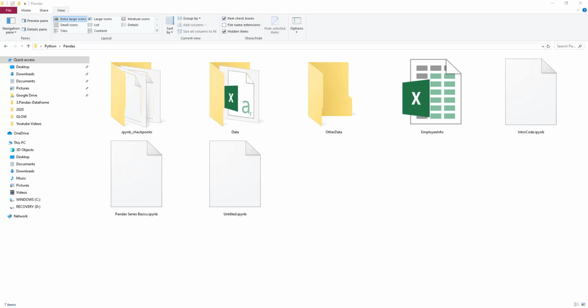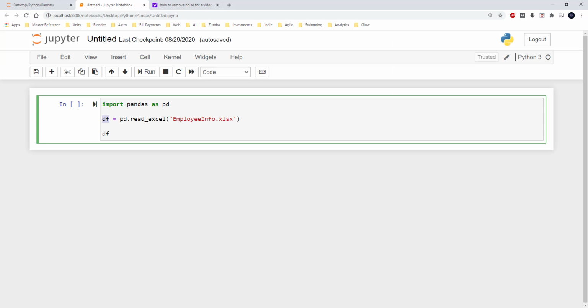The file that I have stored, employee info, is present in the same folder as my code, so I have not explicitly mentioned the path, but if the file is stored somewhere else, then I should have explicitly mentioned the entire path of the file.